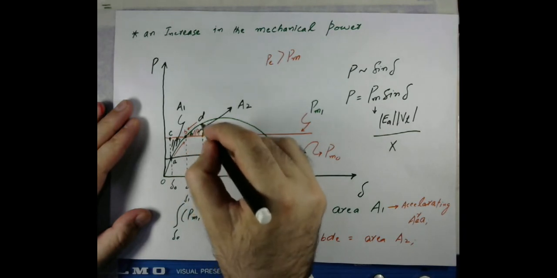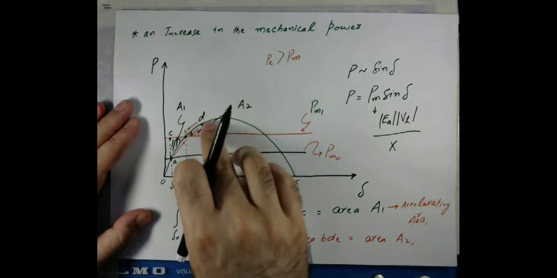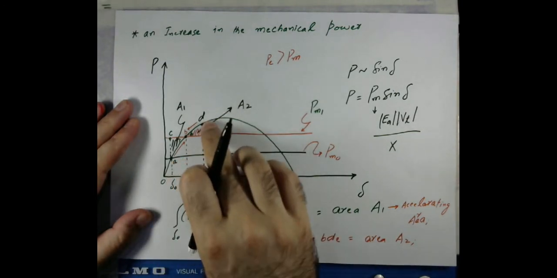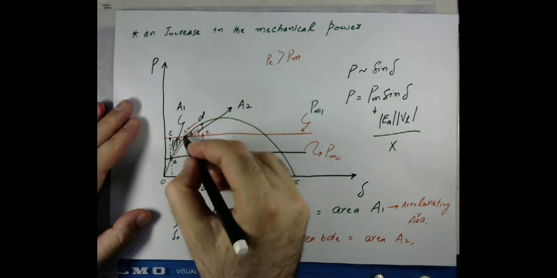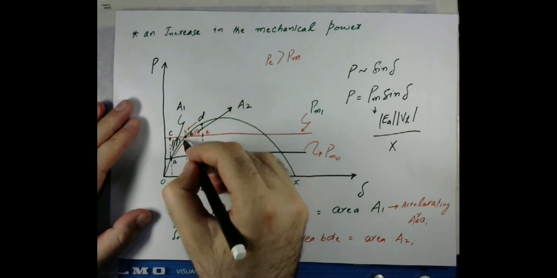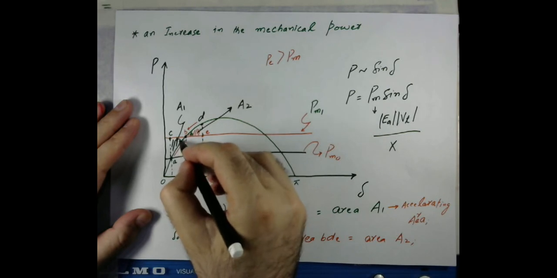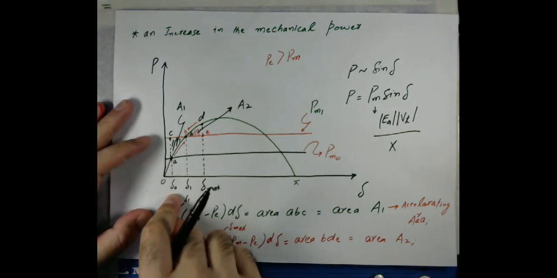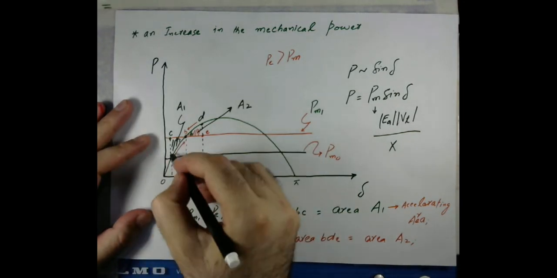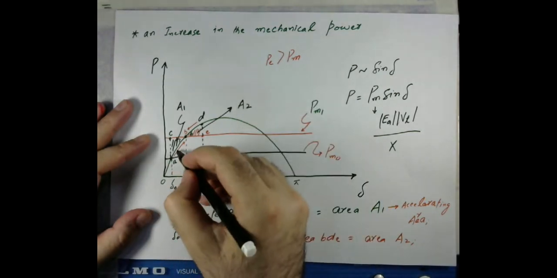When it retarded, at this point the speed of the machine was synchronous. But because we have a negative accelerating power, it starts moving in that direction. And now at this point, we will have lower speed than the synchronous speed. So now due to the inertia, it will still move in that direction until we reach this point. And here again, we will have the positive accelerating power, and then it will move in that direction.